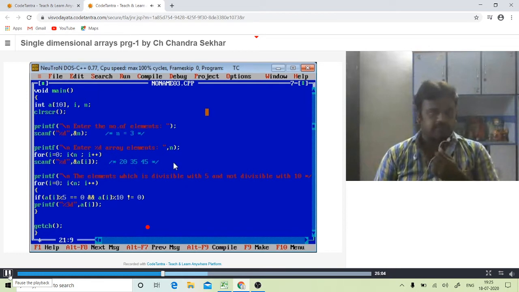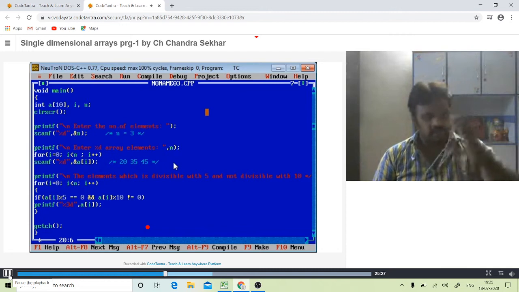Then the if condition is executed. a of 0th location has 20. 20 mod 5: whenever the mod symbol is used, it gives the remainder. 5 fours are 20 and the remainder is 0, so 0 equal to 0, the condition is true.